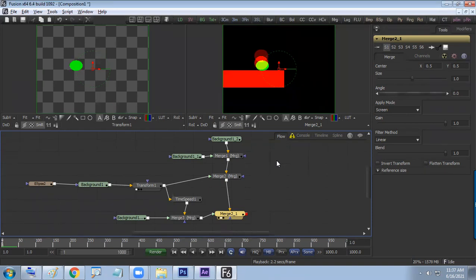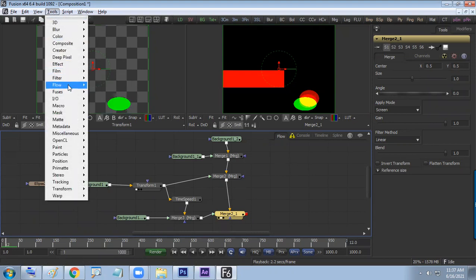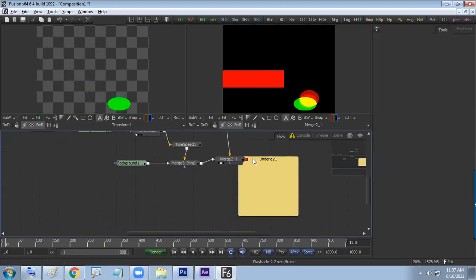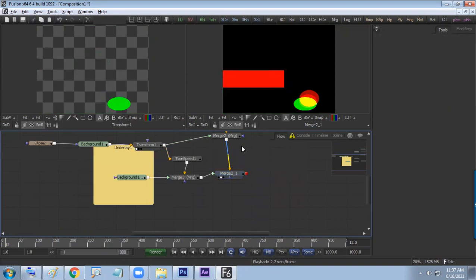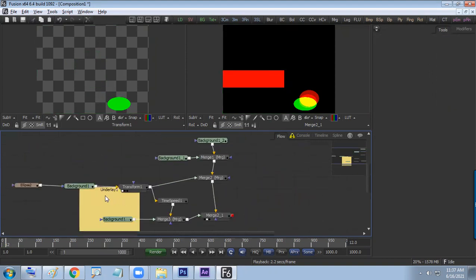But on output we are looking for this. So I'm just saving this file, flow, underlay, get this node.